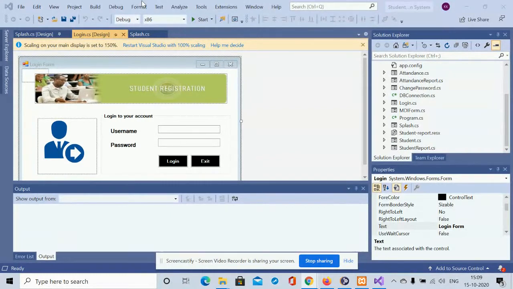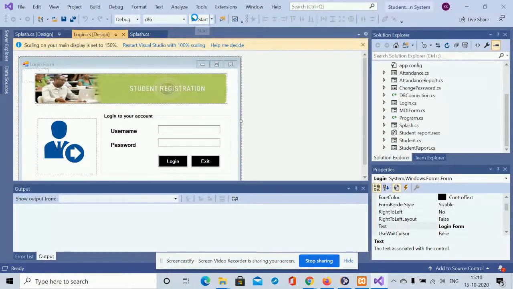The main objective of developing this project is to manage the student records, and all the records will be saved into the database, and for the database I'm using MySQL. So let's start. For running this project, you need to import it into Visual Studio 2019, and after that you can hit the run button. For software requirements, you need Visual Studio 2019 as well as MySQL. For MySQL, you can install the Jamf server, and in that you can import the SQL file.